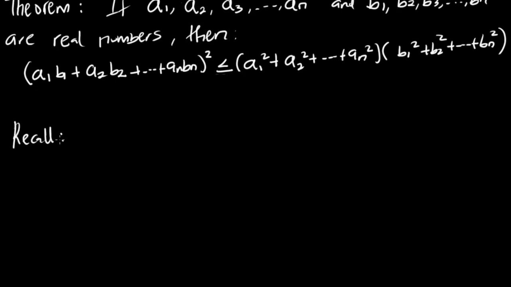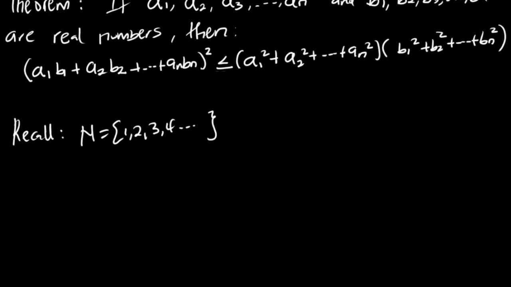You should recall that in the first tutorial we looked at different types of numbers, and one of the number types in real numbers are the natural counting numbers. That is the set of 1, 2, 3, 4. And these are numbers we use for counting 1, 2, 3, 4, 5, and 6. So therefore, if we use counting numbers as an example, we can illustrate this theorem. So let's try to substitute counting numbers into this theorem and see whether this theorem stands true or not before